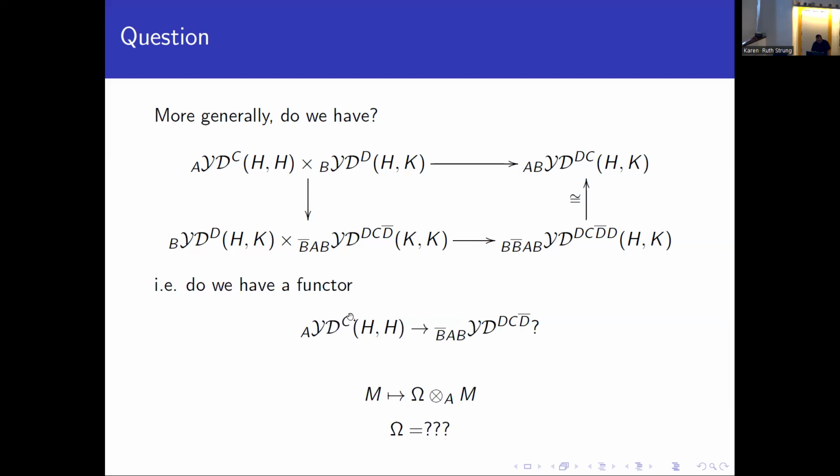So basically we will have this functor, and we know that this will work because, diagrammatically, it works, but the problem is we still don't know exactly what the functor looks like. We know that if we have M in this category, we will send it to some omega tensor M, where the tensor is over A, because if I have M in this YD category, then M should be in the category of left A modules, but we don't know what omega is. So that's our problem, but at the moment we still don't know. But yeah, that's all for me. Thank you very much.